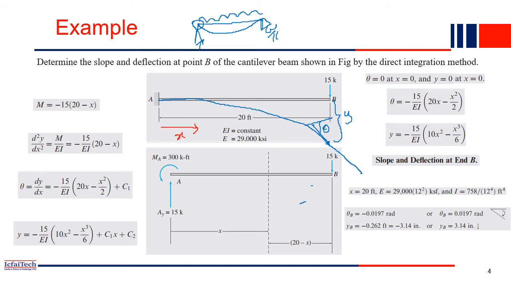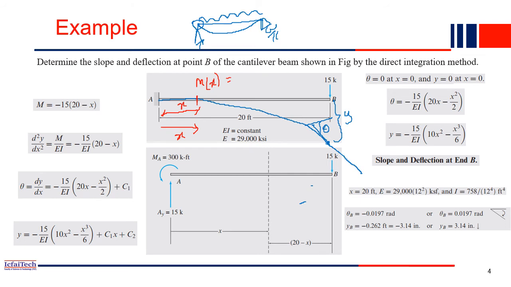Now what will be the moment at any point? If you draw it at any point, let's consider a distance x, up to this you have x. What is the moment at this point, Mx at a distance of x? How much will be the moment? Can anyone do it quickly? How to calculate the moment?